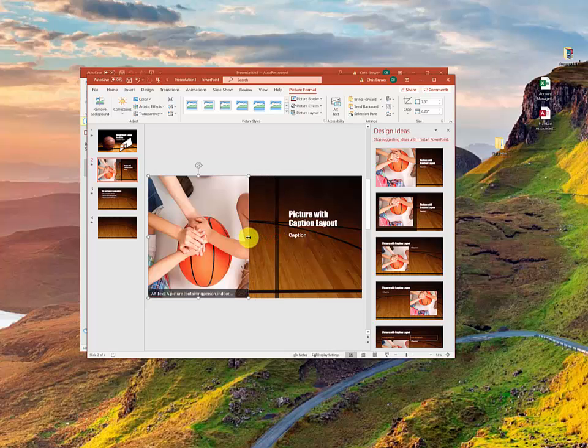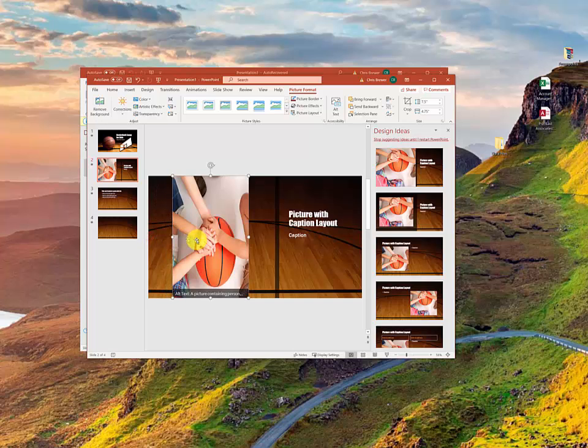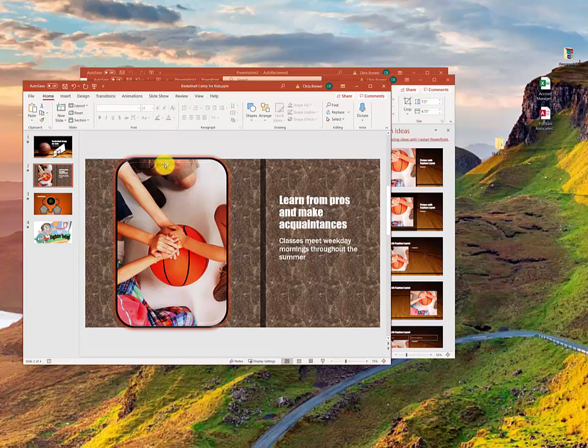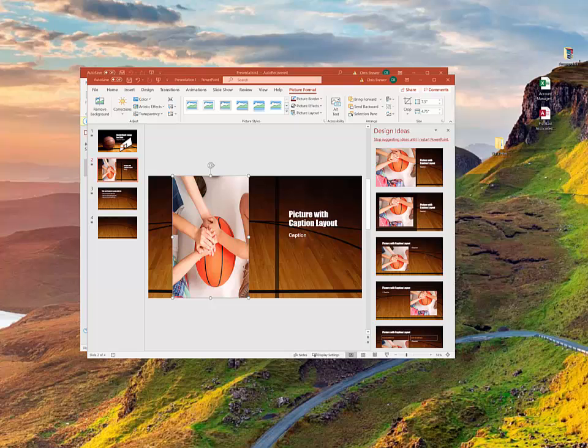I need to make this picture a little bit smaller, so this way. And they also create, I know this is kind of hard to see, but it's got a beveled edge. It's also got a border, and it's got this kind of a glow around it. So to do that, I'll click on this, and you'll see that